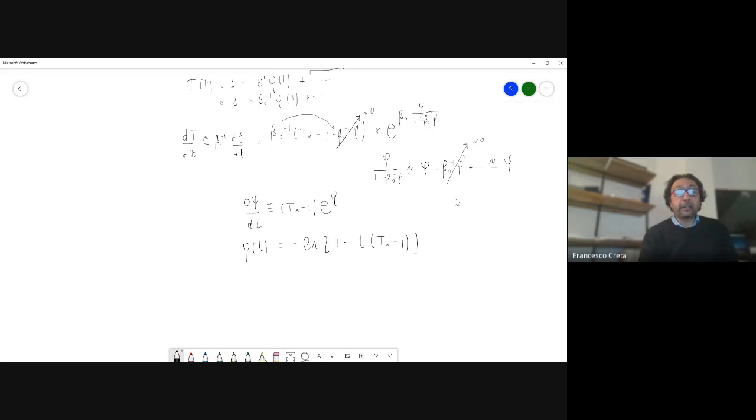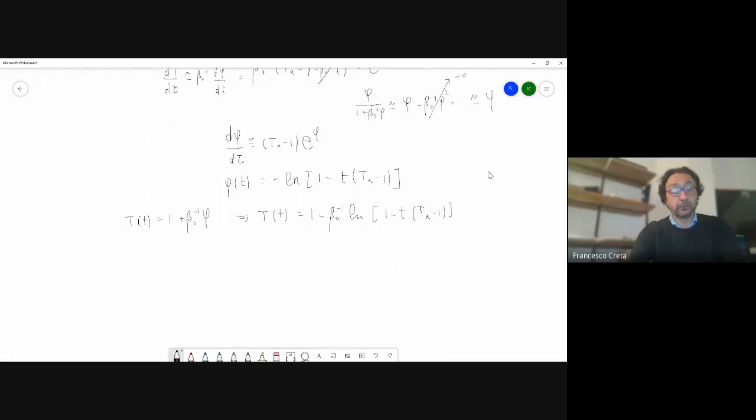And clearly, because we know phi, then we also know the temperature, because the temperature was 1 plus beta to the minus 1 phi. Okay, and so t as a function of time would be 1 minus beta 0 to the minus 1, blah, blah, blah, logarithm of 1 minus time, Ta minus 1, okay? And why is this relevant? Because if we graph,